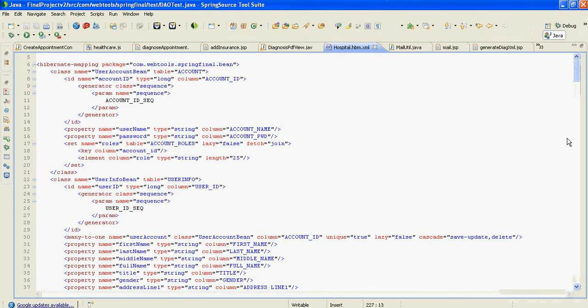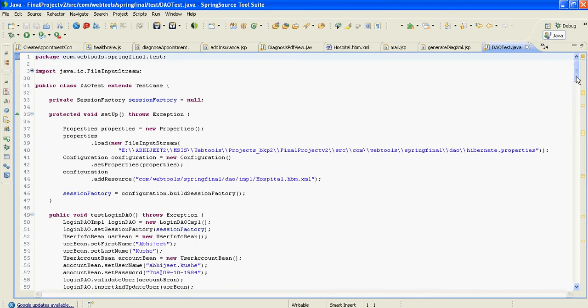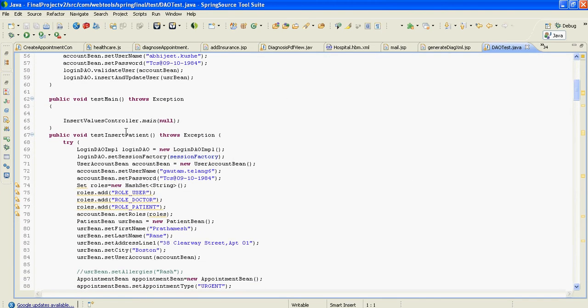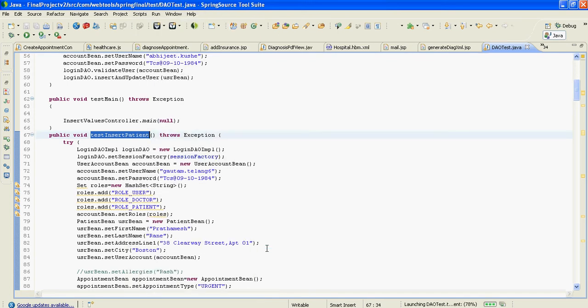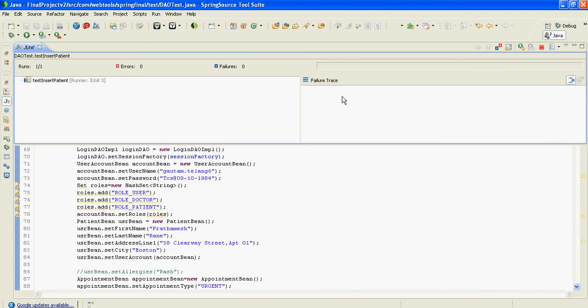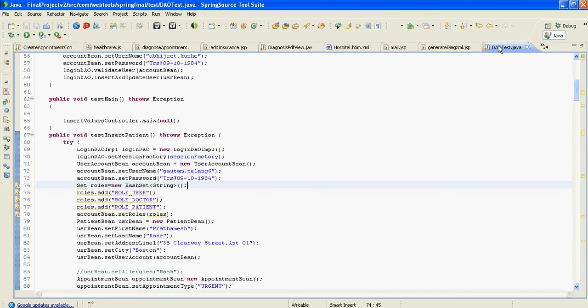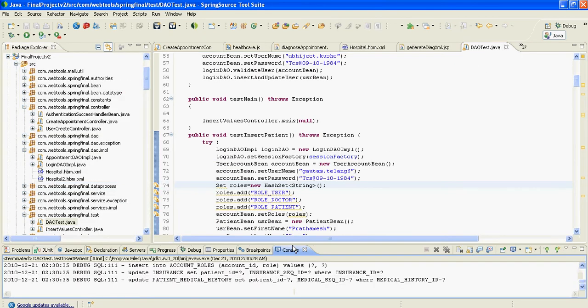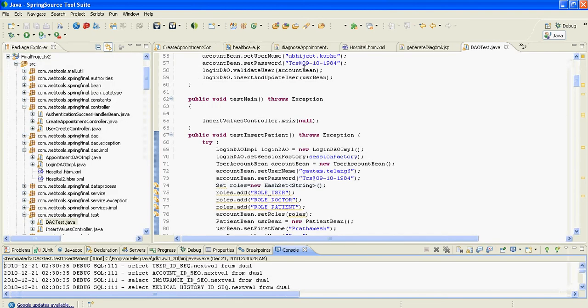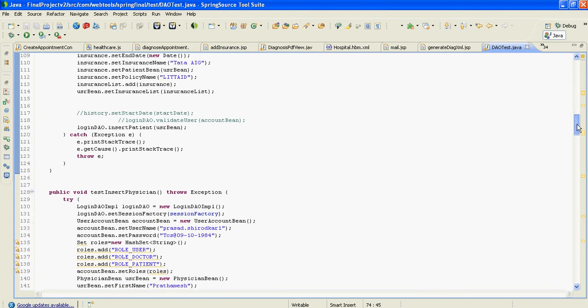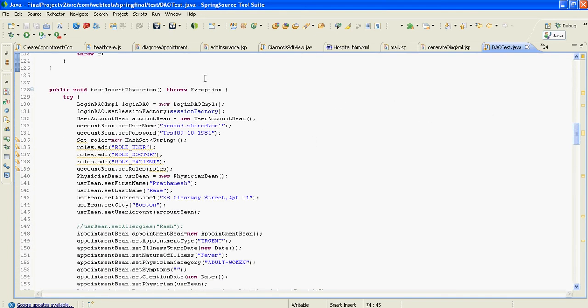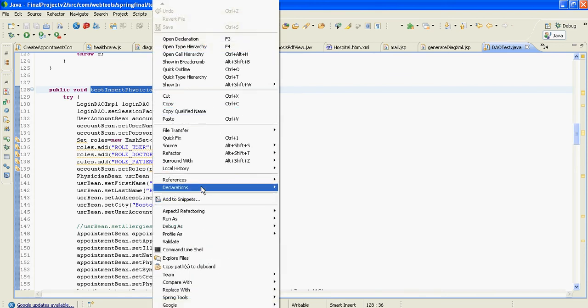This is my Hibernate file. Now I'd like to show you my JUnit cases. I've written the following JUnit cases just for testing the persistence framework. We tested quite a long time back. It's working quite well. I'll just run it for you. It probably will show an error because of the unique ID. Well, it's a success. It's been inserted. Obviously the ID is not an issue because I'm using a sequence. So test insert, and the test insert physician user as well.